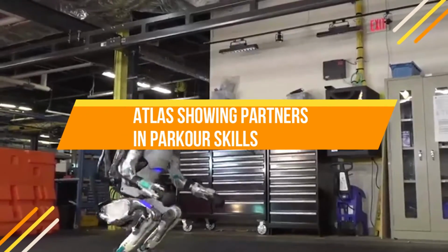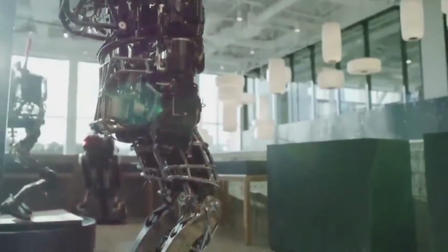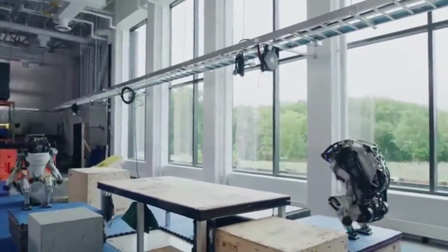Atlas showing partners in parkour skills. Boston Dynamics has just released 2 new videos of its Atlas humanoid robot, performing some of the most impressive parkour